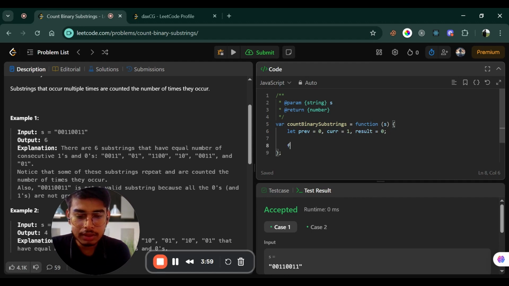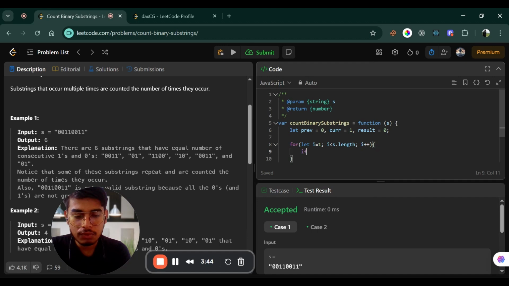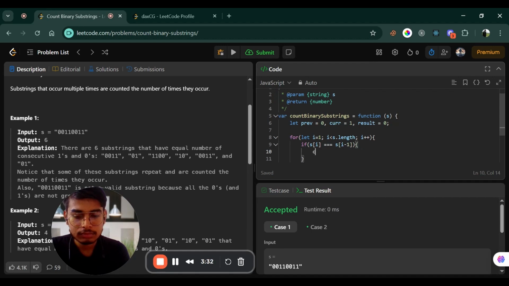After that we use only one for loop: let i equal to 1, i less than s.length, i++. If s[i] is equal to s[i - 1],